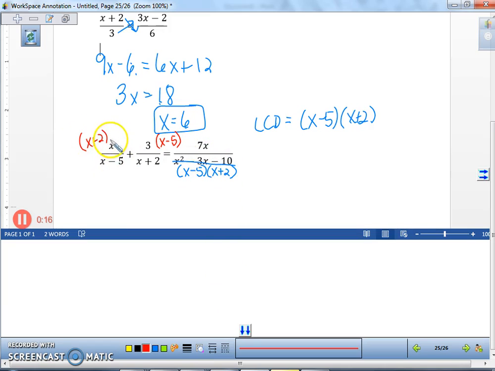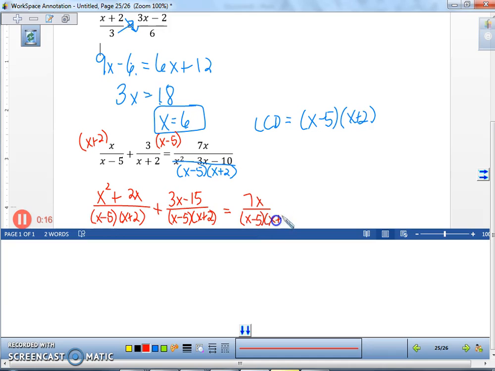So when I multiply over here, I'm going to distribute, and I get x squared plus 2x over the x minus 5 and the x plus 2. Plus, and I'm going to multiply here, I'm going to distribute 3x minus 15 over the x minus 5 and the x plus 2. And then I have it set equal to the 7x over the x minus 5 and